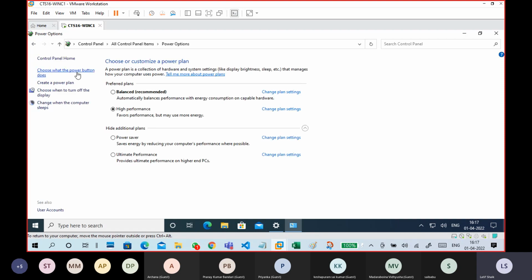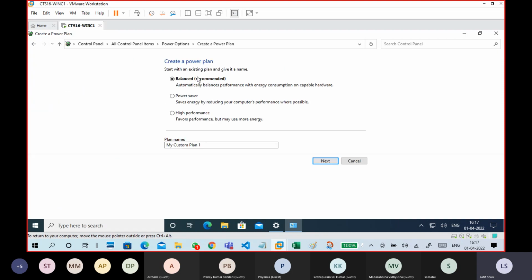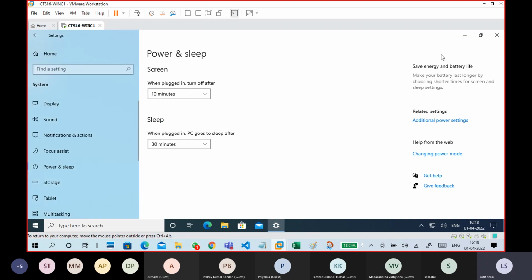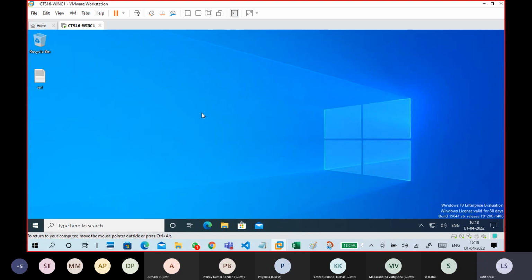Also you can customize, you can create your own power plan. So this is the power option, guys. What I have done, I changed it to high performance, because I have to work continuously and also take breaks. Both things are there. For example, I have to go on explaining something for more than 30 minutes or more than 50 minutes. What happens? It goes to sleep mode, right? I don't want that, so that's why I changed it like this.